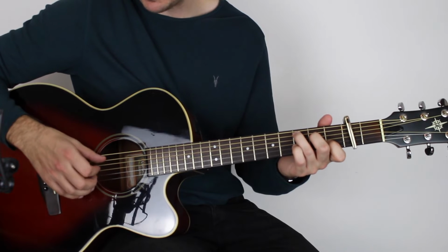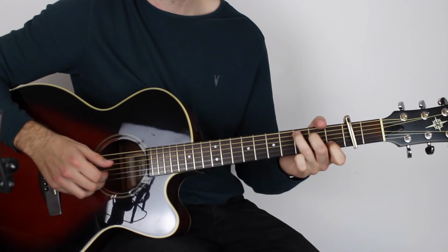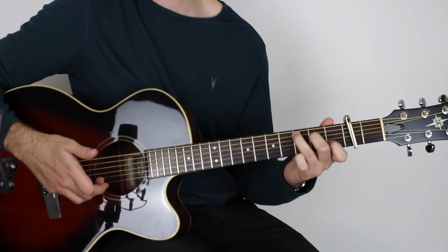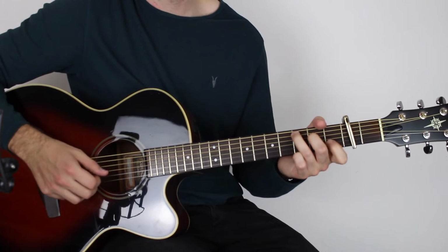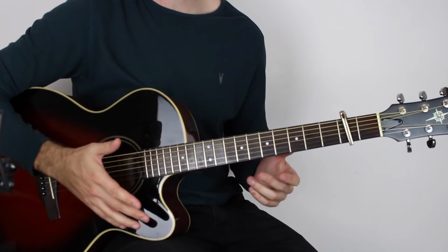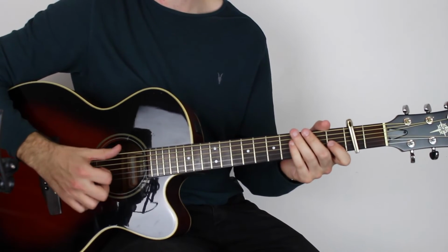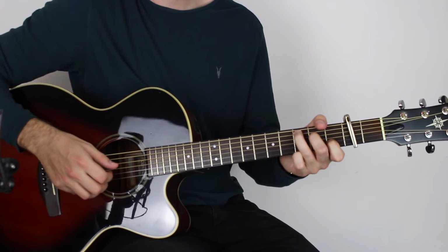So for the melody, play the A string and the B string, 3rd fret, 1st fret, open B, then the D string, so that's the 2nd fret, and then the B, so you've gone. And I should say, you probably worked it out on your own anyway, but you got that kind of shuffle feel going on. So you're kind of swinging the notes a bit, da da da da da da da. Alright, then